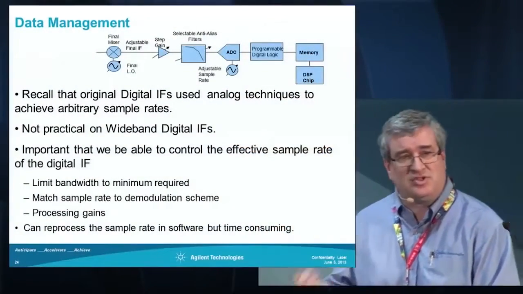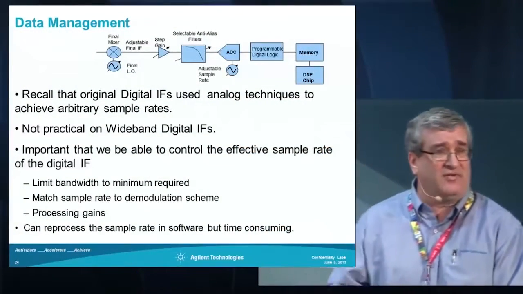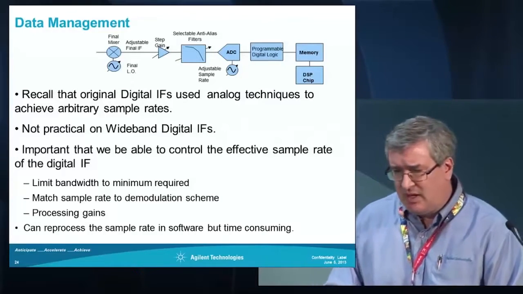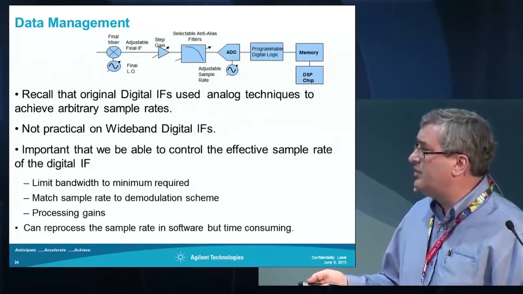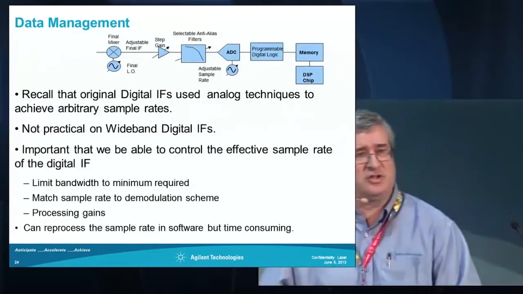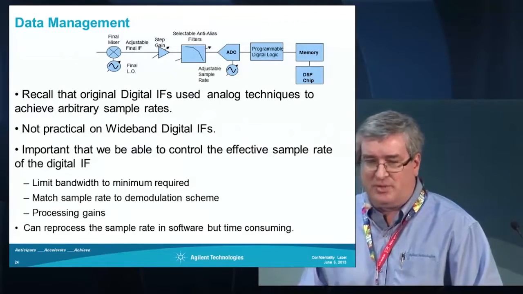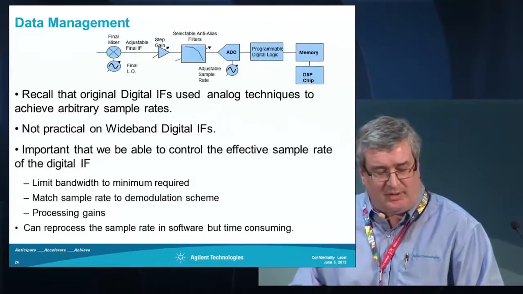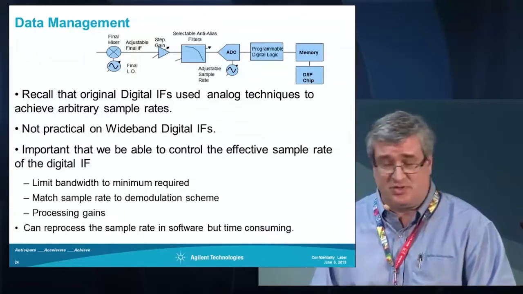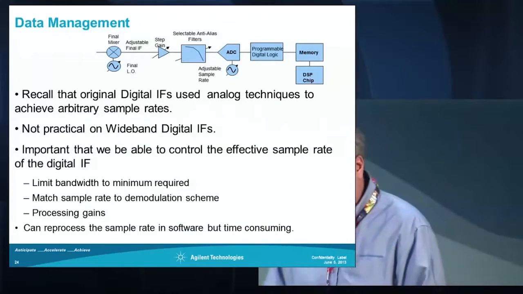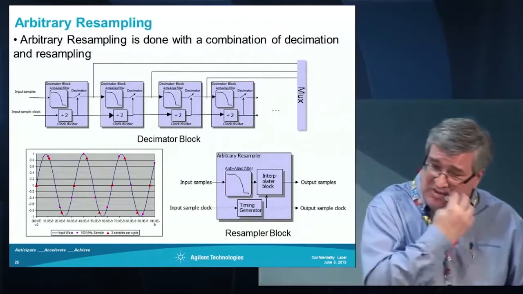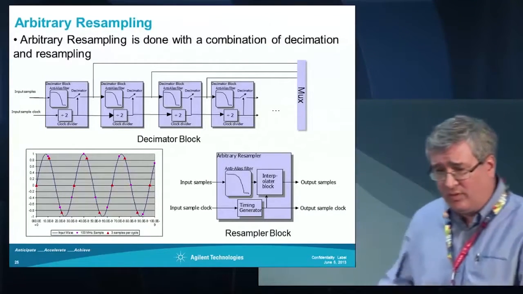The other nice thing is you want to be able to take care of processing gains. As you reduce sample rates, you pick up noise floor and effective bits in your sample. Now it's true, you can do all this in software. You can do all your digital down conversions and all your reprocessing in software. But for the data rates we're talking about, it becomes a dissatisfier to the customer. It takes too long. So at the time, we started doing these things in hardware,